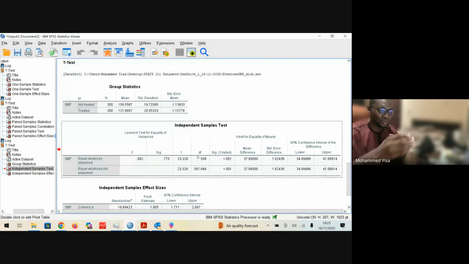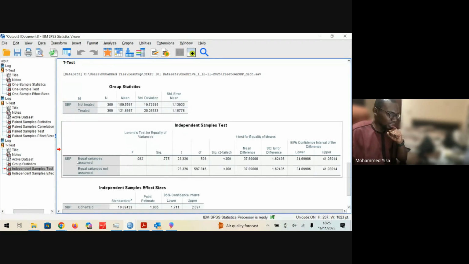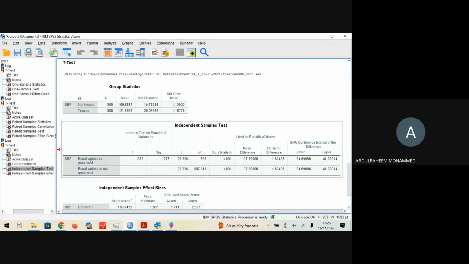I did not draw histograms for either of these. I'm assuming the distribution is normal. Then the second assumption was that the variances between the two groups are equal. Now, with equal variances assumed,